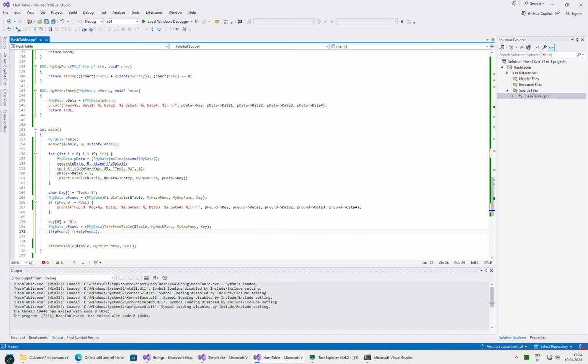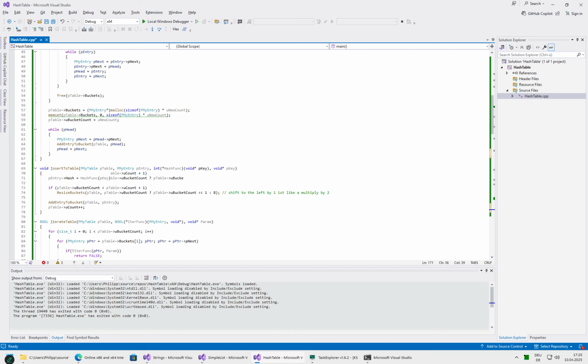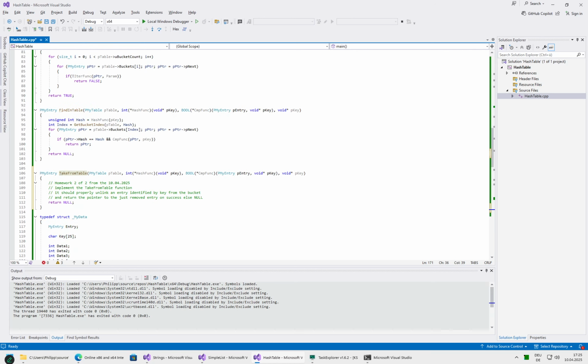Because the idea is now that we might use heap alloc or some other function. We might have created our own heap and then wanted to allocate things from there. So the implementation of the table itself should be agnostic to the memory allocation used by the elements themselves. It should not be agnostic with regard to its own memory allocation, so it has to manage its own bucket array. But other than that, it should not manipulate